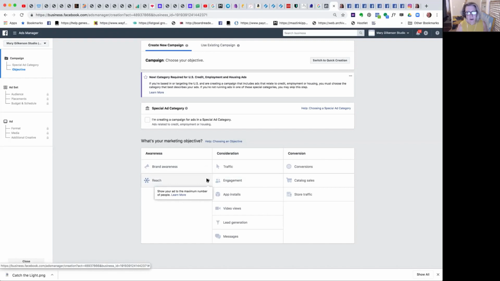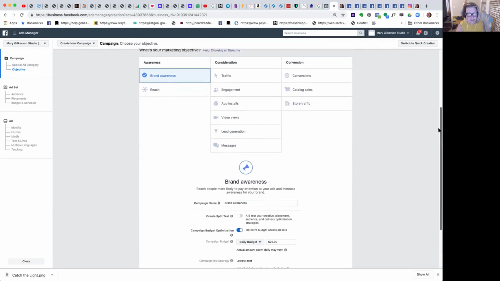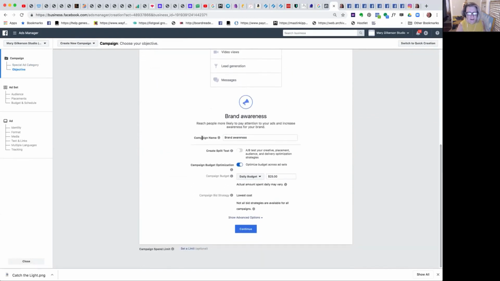So question for y'all, which one of those do you think is going to be better for building awareness of what you do? If you picked brand awareness, you'd be correct. We don't want to just reach all the possible people. We want to pick brand awareness. When we pick that, I love the little megaphone icon right there, we're going to get the default name for the campaign. And I'm going to call it